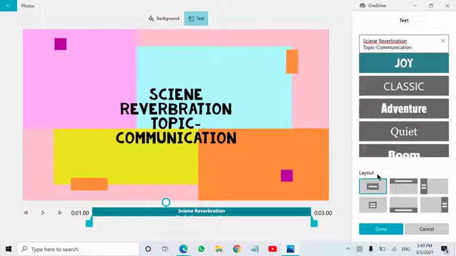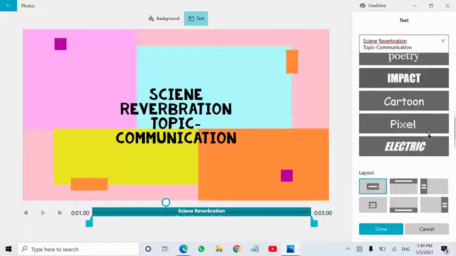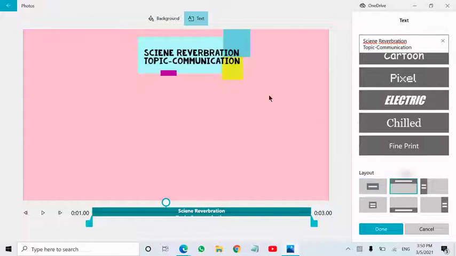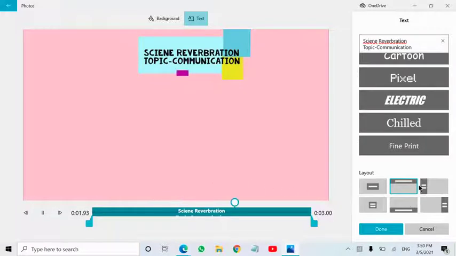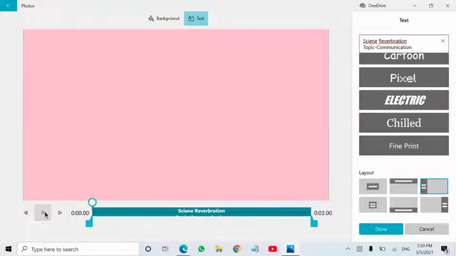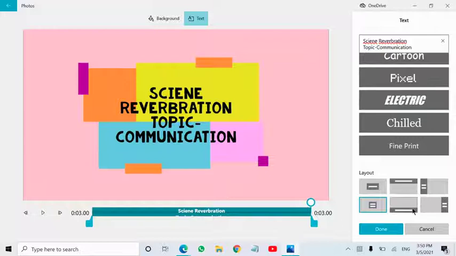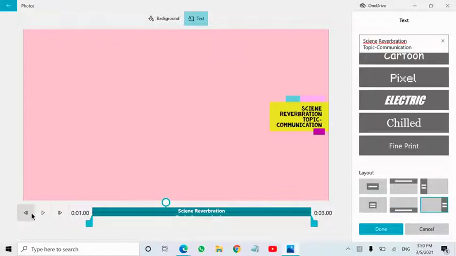In the bottom right side, you can see there's something like layout under the styles of the text. There is layout, so this means wherever you want to place the text. So it is in the middle now, so it looks like this. If it's on the top, it is like this. So the entry also comes a bit different. Okay, then if it's over here, it looks like this. If it's on the left side, then in center but not full, it is inside, so it looks like this. And again, this is showing down, this is the right side.